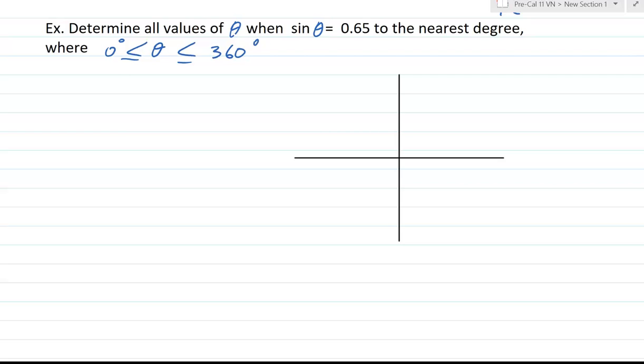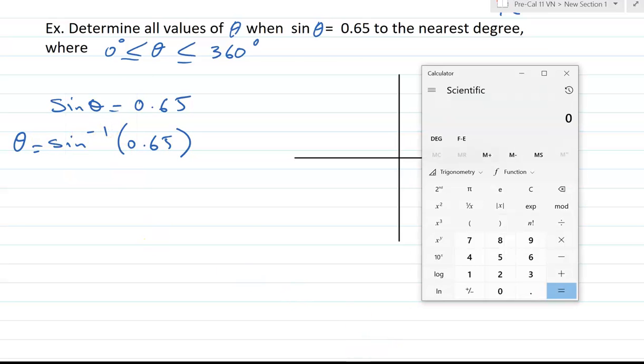Okay, the very first thing that you do is just write sine of theta equals 0.65, and then you use your calculator to find theta, the very first value of theta that you can come up with. And it's as simple as that. So you go to your scientific calculator, make sure your calculator is in degree mode, and then you just punch in 0.65,